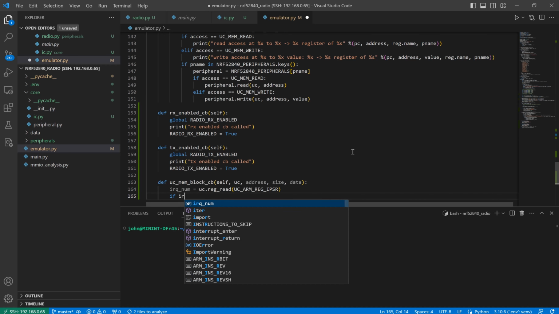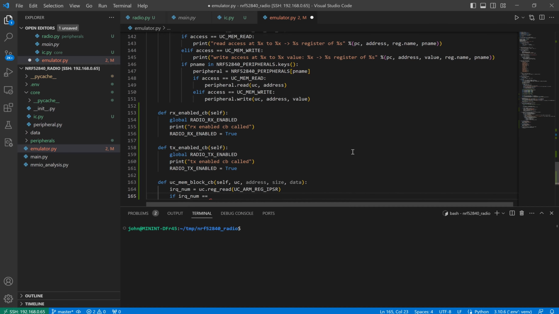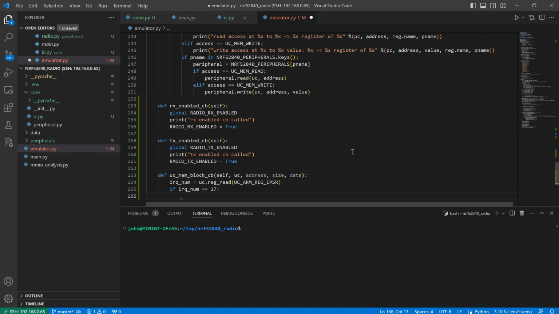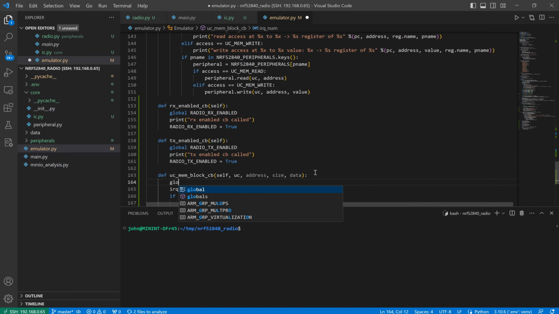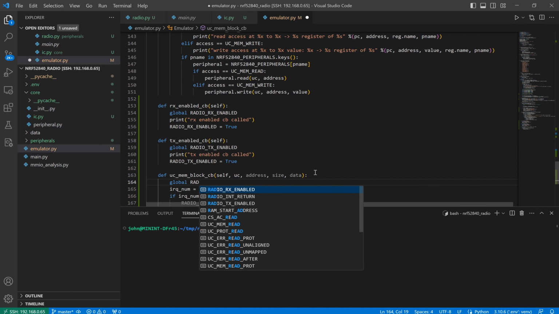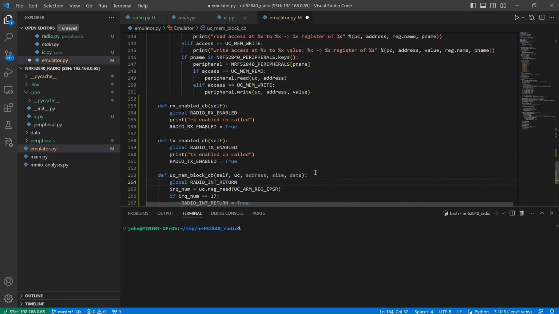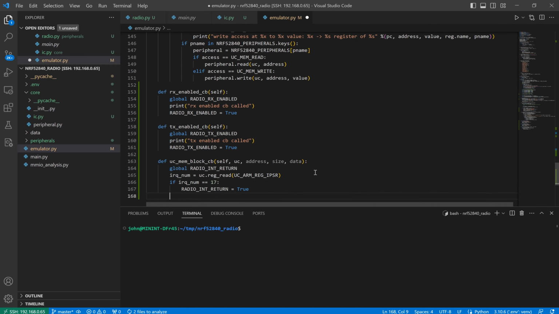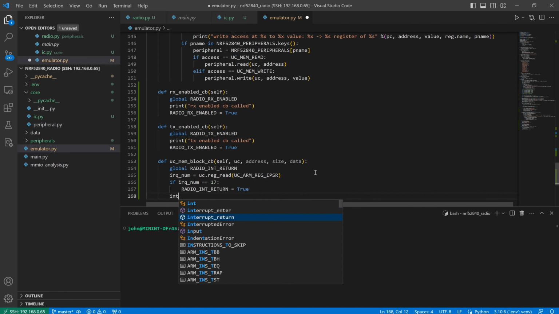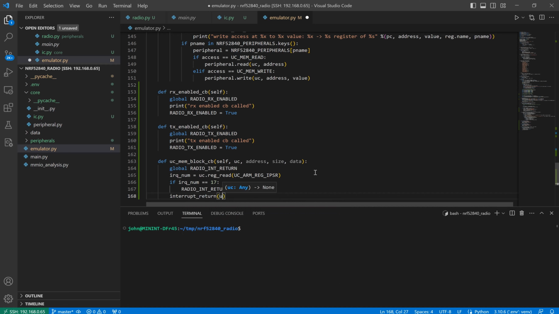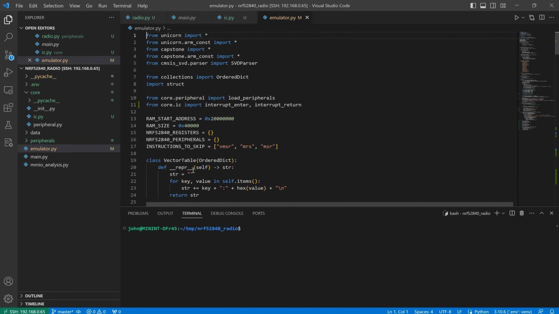So if IRQ number is in fact 17 or 11x, then let's set radio interrupt return as true. Let's define this as a global, and then we can call the interrupt return with 1 parameter, and then here